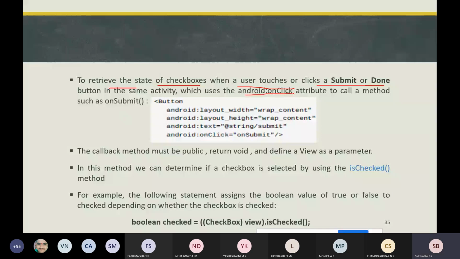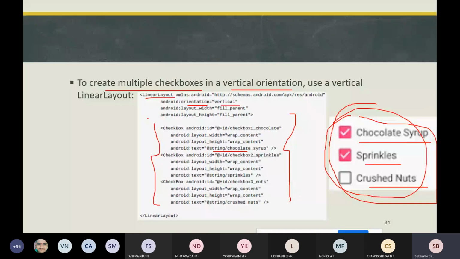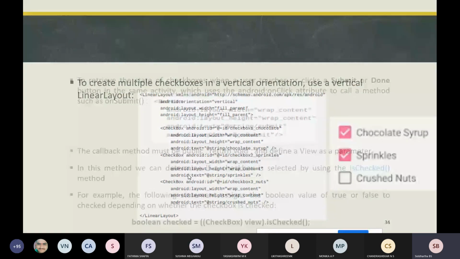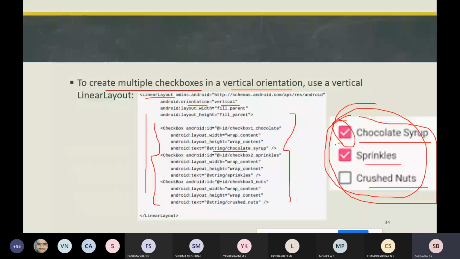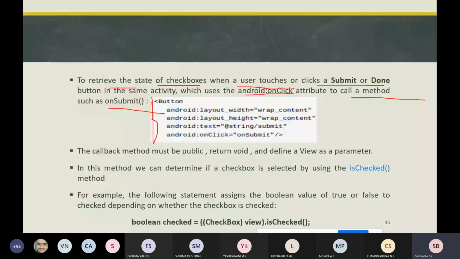If you assume this is a button, in the linear layout you have these checkboxes and a button like this, so whatever you have checked should be submitted. The callback method should be public, return void, and have a parameter of type View. In this method, we can determine if a checkbox is selected using the isChecked method.